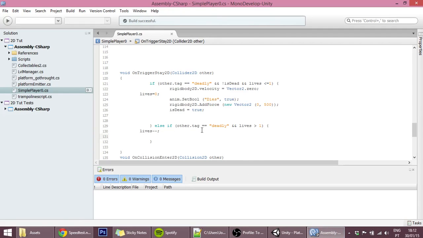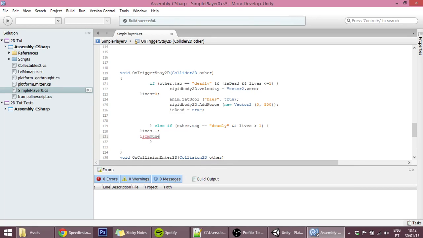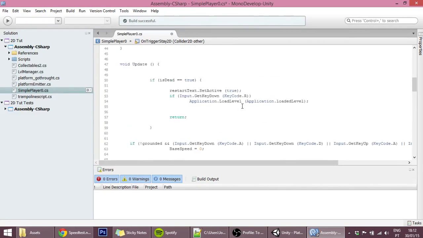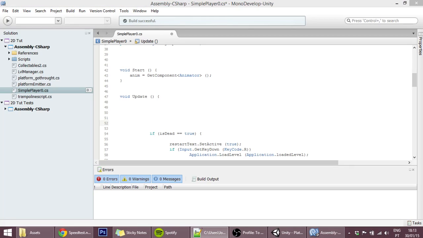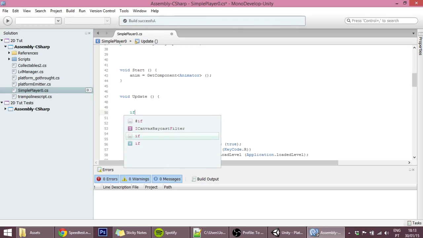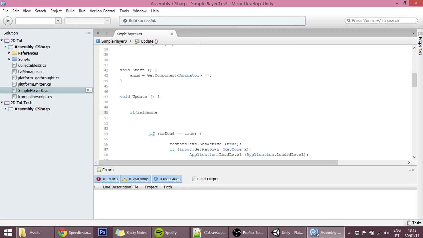So we want this: whenever our player enters into a deadly thing and he has more than 1 life, then we want the isImmune variable to turn true. So that, and now we're going to program a counter with this. Where that counter will be, well, we can make it in the beginning of the update function. So what we have to do first is: if isImmune, so if the player has just been damaged and is now immune,